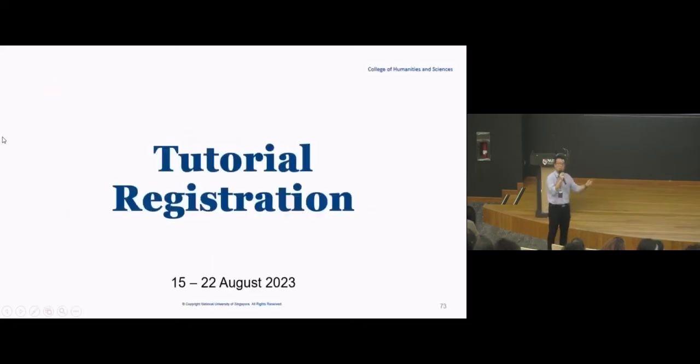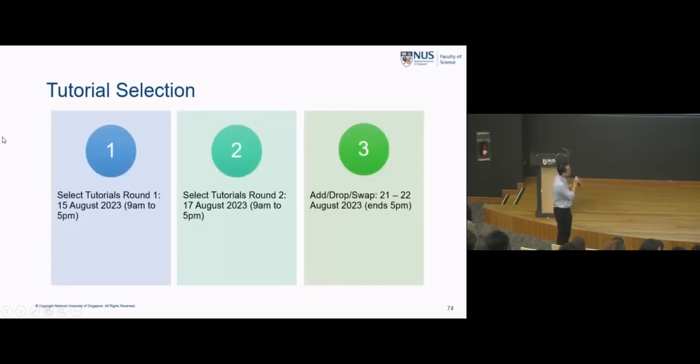Okay, so those are course registration. Like I mentioned, you need to be registered for a course successfully first before you go into registering for tutorials. Now, for tutorial registration, there are also several rounds. So you select in round 1, choose the time slots that you like, successful or not successful, go into round 2, successful or not, if still not successful, try again in the add, drop, swap round. Okay, so there are several rounds, and these are not priority based.